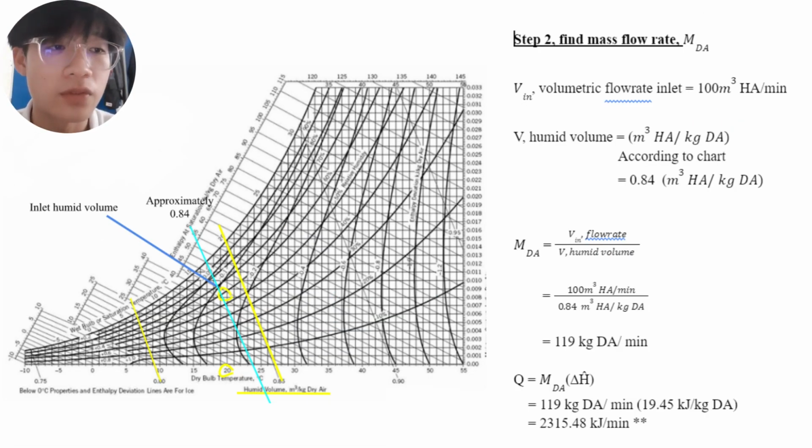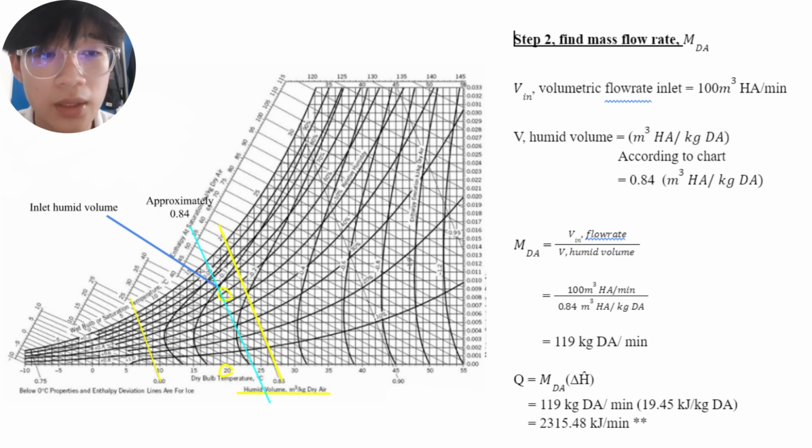And step 2, we have to find the mass flow rate, which is MDA of dry air. So first of all, the value that we got in the question is the volumetric flow rate of inlet, which is 100 meter cube of humid air per minute. So for the humid volume, the unit for the humid volume is meter cube of humid air over kilogram of dry air. So according to the chart,